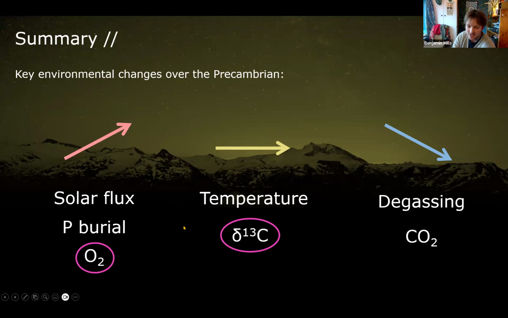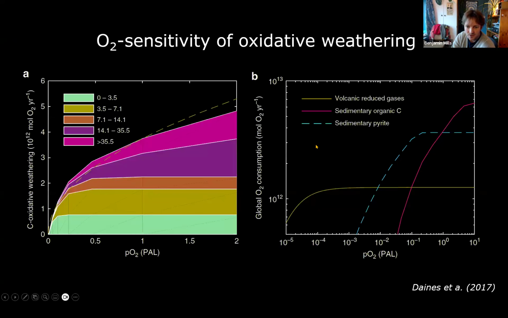But this isn't the case. It is famously invariant over long timescales. So this has been a bit of a problem in the literature, first outlined quite a few decades ago now. But in the last decade or so, we feel like we're coming to a solution for this. This is based on what else happens in the organic carbon cycle, which is the oxidation of fossil organic carbon. So this is a plot here of oxygen concentration in present atmospheric level. And then this is a model.